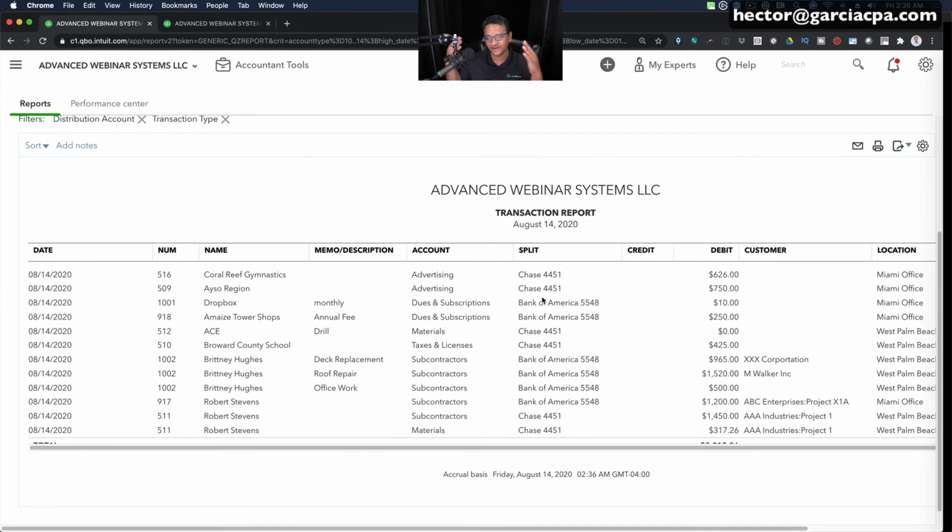So in this case, because this report is sort of inverse of how QuickBooks runs reports by default, it flipped the concepts. In this specific case, it's using the word split because of the perspective of the report. Now, generally, the split actually is advertising, dues, materials. That's generally the split. And then Chase and Bank of America would be the source account. But because this report is inverse, it's actually the opposite of how QuickBooks was designed to work,